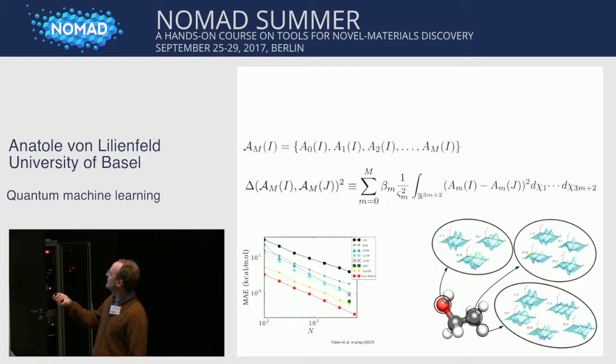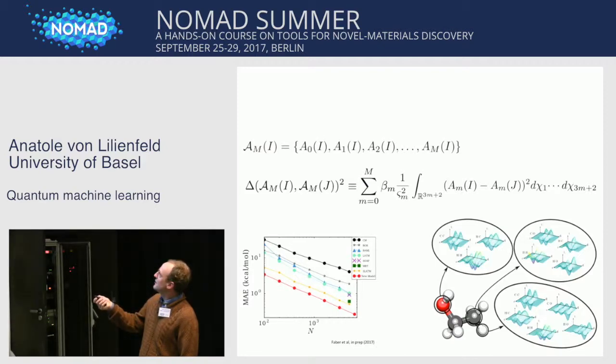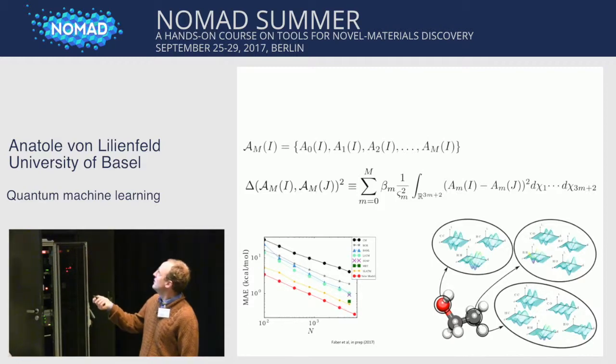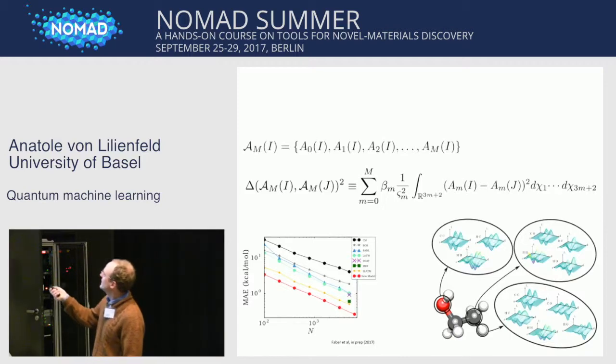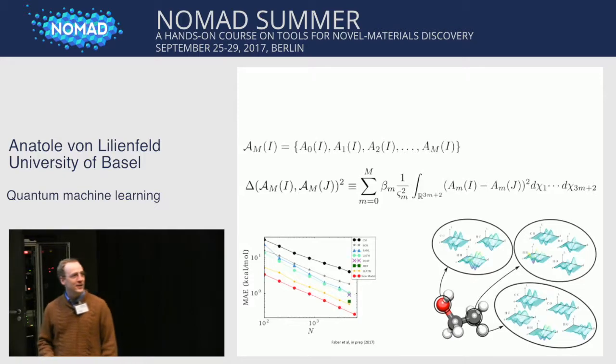Here's a three-body example for this innocent molecule. If you look at oxygen and its three-body interactions with the CC pair, the HC or HH, this is how it looks for the oxygen. And then you can do the same for carbon and hydrogen and so on. You do this for every atom in your system.